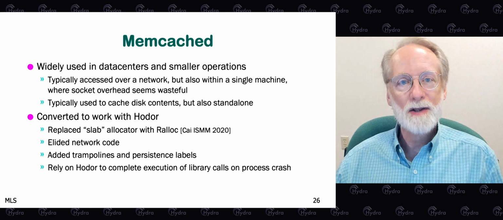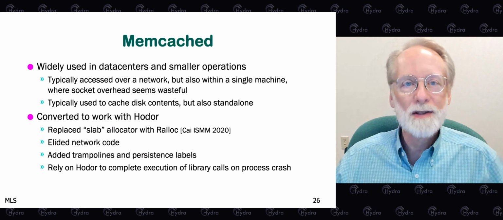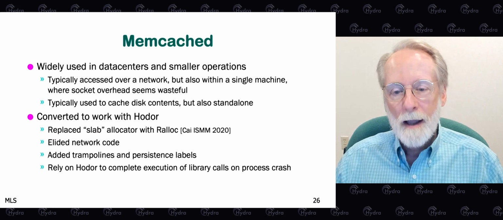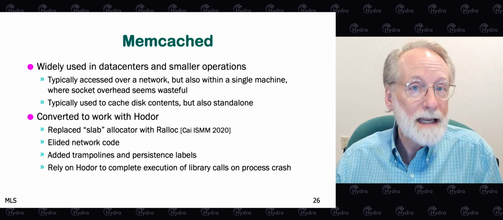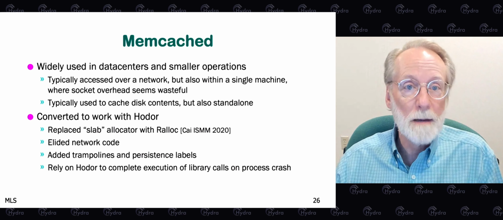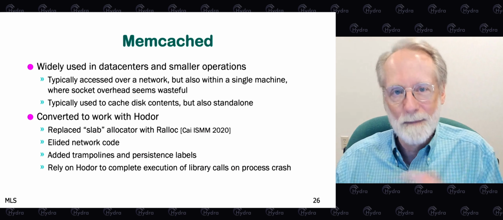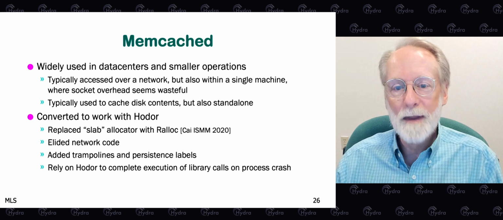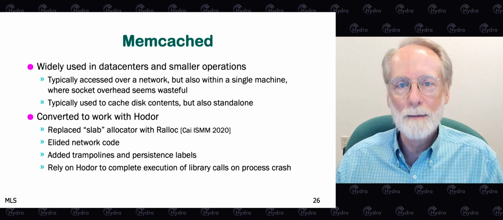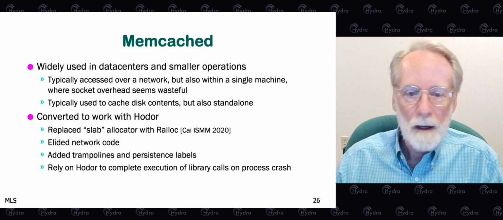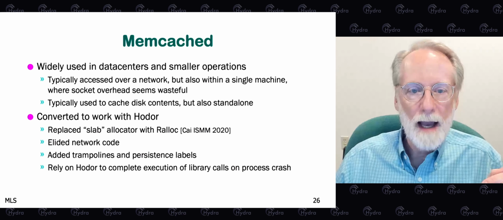Now, when a process crashes, presumably because of a bug outside the library, because we trust the library, the process may need to be terminated, it may need to be cleaned up by the operating system, but in the process of cleaning it up, the OS will allow the thread that's in the library to finish its library call and release all of its locks. And we rely on that in Memcached.